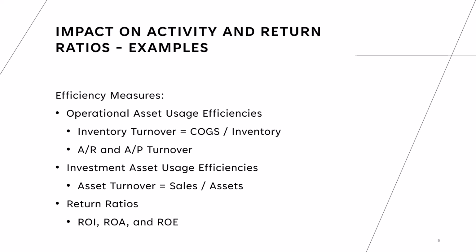Okay. The second example question is: if you replace existing equipment and sell it for less than its current net book value, with more technologically advanced and more energy efficient new equipment at the end of the fiscal year, how is that going to impact your return ratios, ROA and ROE? Well, think about this. ROA is calculated as earnings divided by assets. ROE is earnings divided by equity. If you visualize the balance sheets,